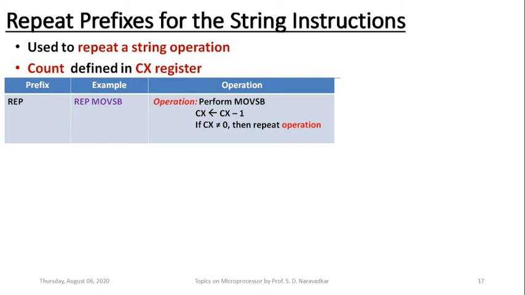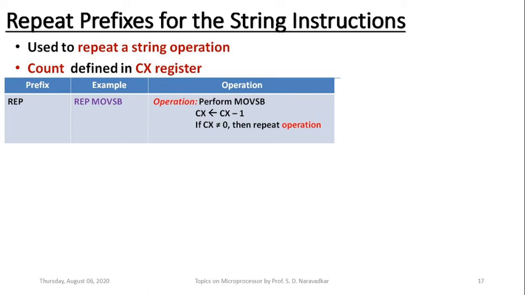So the subsequent byte will be transferred. Again the count will be decremented, CX minus 1. Again the count will be checked at the bottom. If the count is not 0, then go to repeat again. It means that by a single instruction here, move string byte, if a prefix REP is attached before that particular instruction, it is a prefix to be attached before the mnemonic of that instruction, then this instruction becomes more powerful.